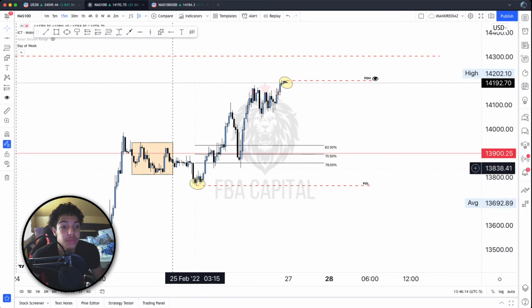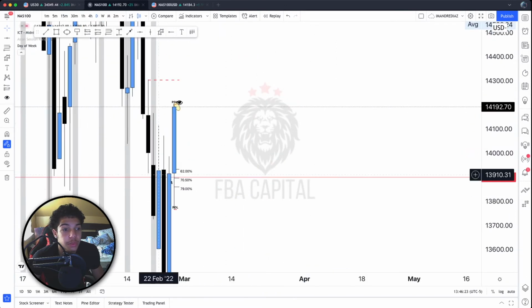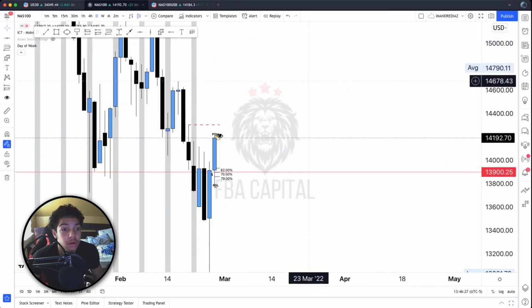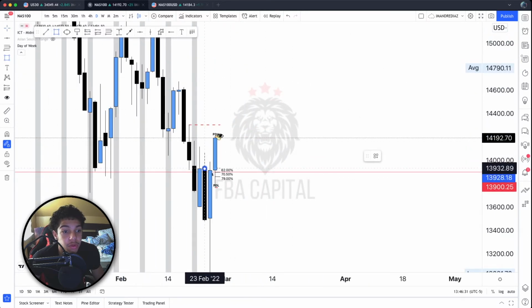So now if you keep in mind that this is all the daily candle right here, all of this is one daily candlestick. So if you go to the daily time frame, everything is within this. So now, like I said, one thing we could potentially have a pullback on is this area here. And now we see that this area is in alignment with this daily order block, this daily bullish